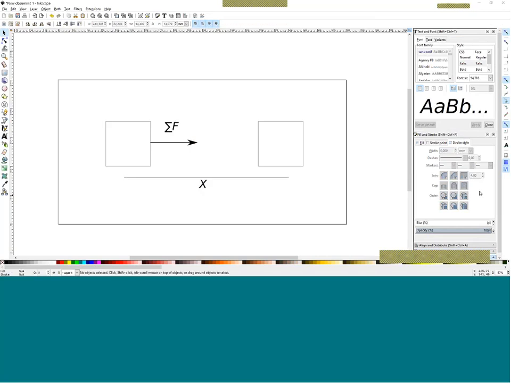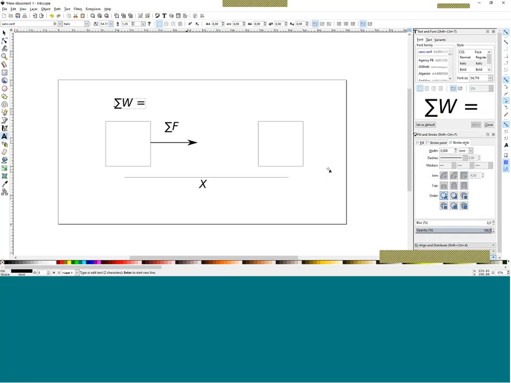And when we move at a certain distance X, we can determine that work is the sum of forces times X, and we did an integral over it. But this time we're not talking about one single force, we're talking about a summation of forces. That means more than one force applied. And if we want to find out what the sum of all work is caused by the sum of all forces, then we can determine this with another work principle, which is an integral.